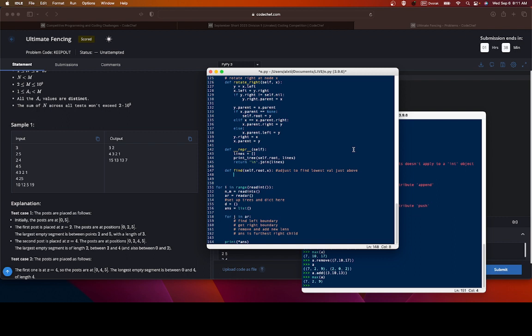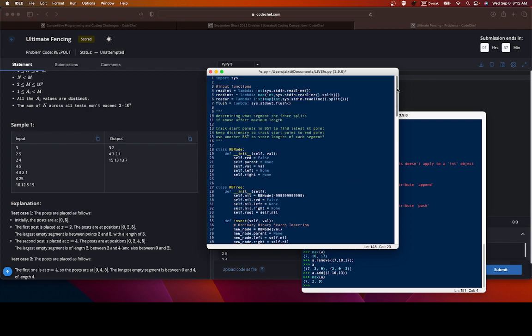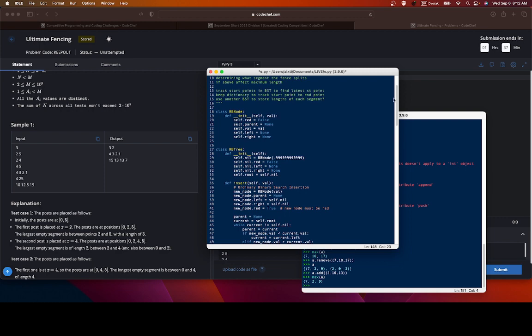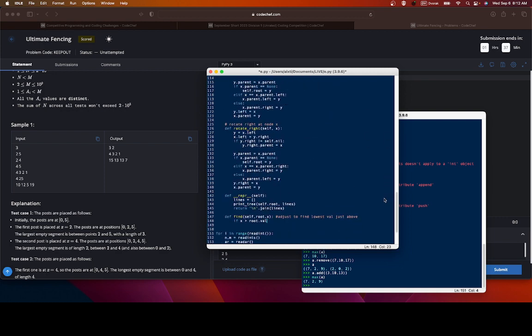What would x be in this case? X is the post boundary that we're doing. So if x, root dot value. I think I set y to be root dot value. If y is greater than x somehow,